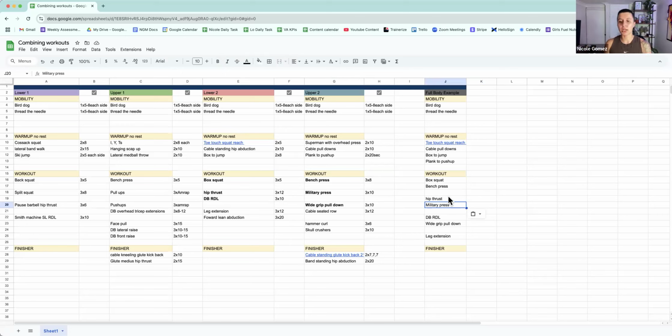And I know combining a workout is not easy. So however it makes sense for you, combine it. It could even make sense for you to combine hip thrust with RDL and then the overhead press with the lat pull down. Regardless, my main lifts are the first two, and then the rest we can kind of adjust, right? So this is a way that we can just combine two upper body workouts and make them into a full body workout.